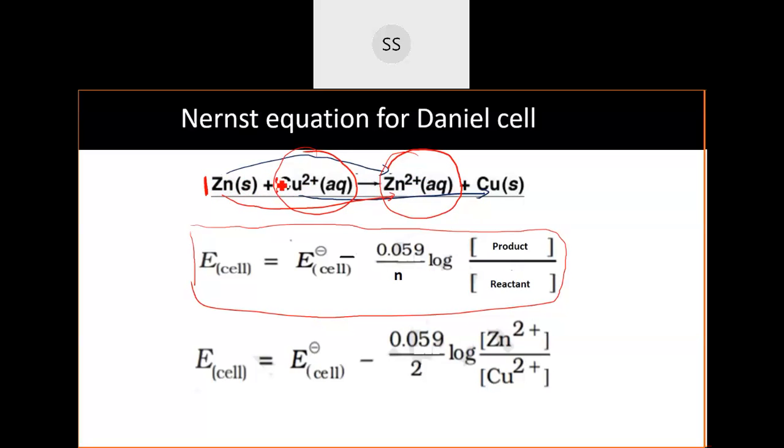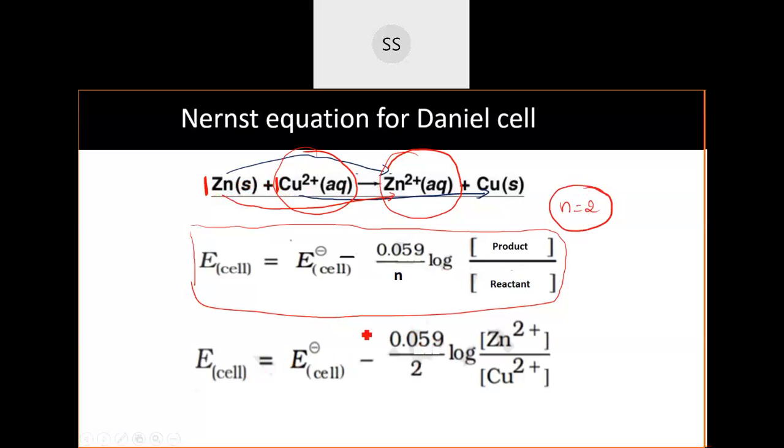Here also the coefficient is 1. One Cu2+ has received 2 electrons to get converted to Cu. So from this you can understand, if the coefficient is 1, no problem, you can see the charge directly and write it down. But if the coefficient is different, then you have to multiply that coefficient with the charge. Keep that in mind. Multiply the coefficient with the charge. I will take that example also. This should be kept in mind for calculating the n value. Here everywhere the coefficient is 1, so you can directly see the charge and write. So your n value is 2. We have substituted 2 here.